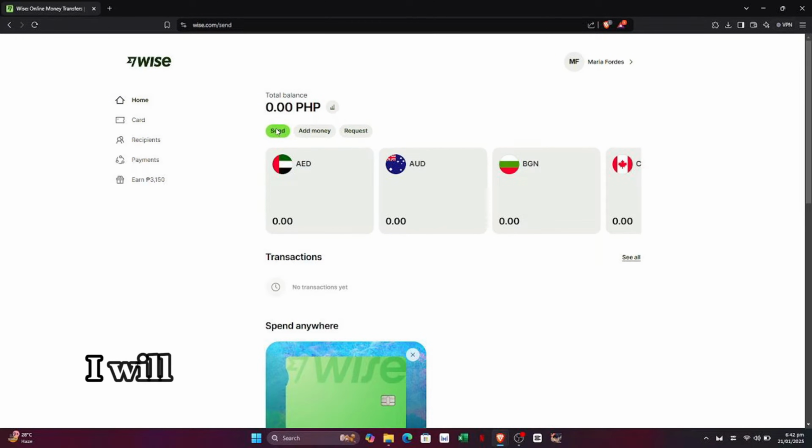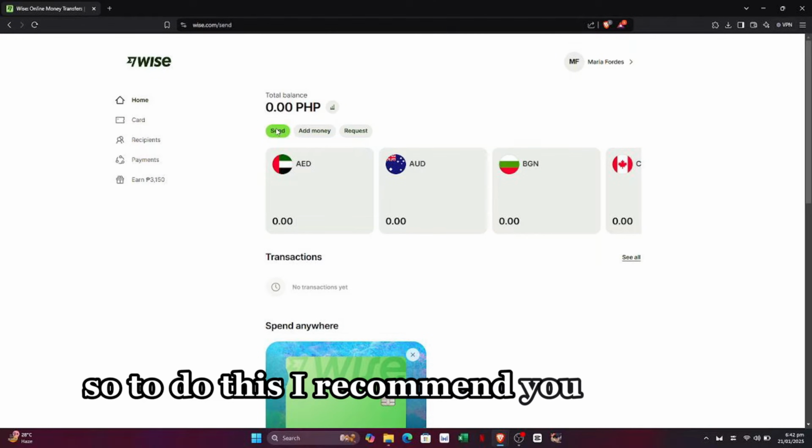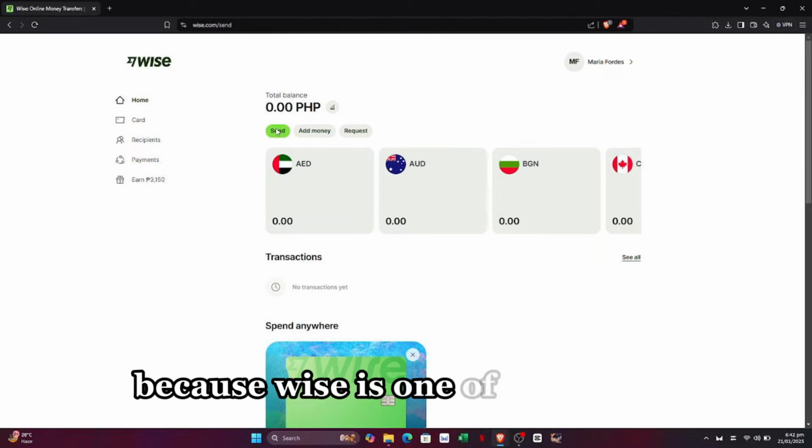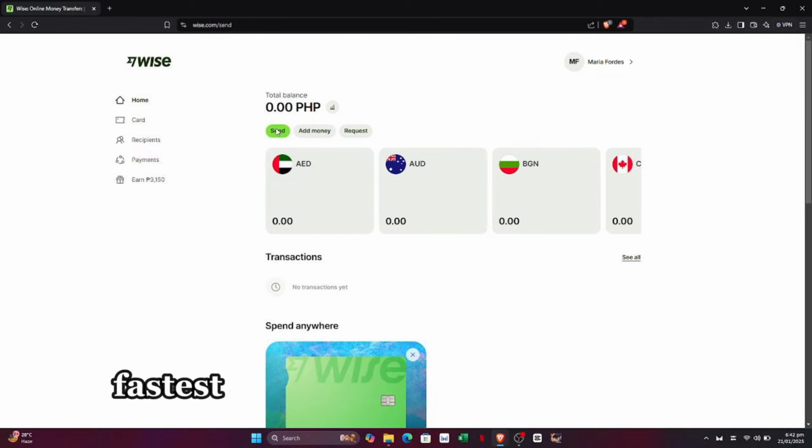In this video, I will show you how to transfer money from Singapore to Malaysia bank account. So to do this, I recommend you use Wise because Wise is one of the easiest, fastest, and cheapest ways